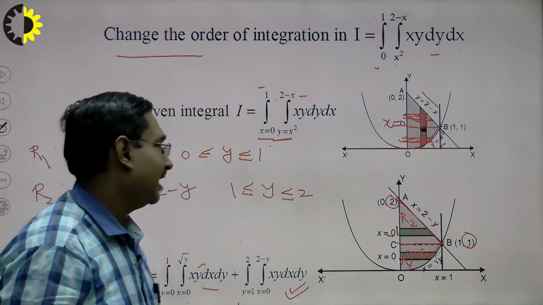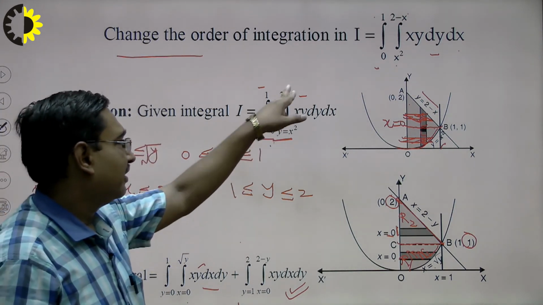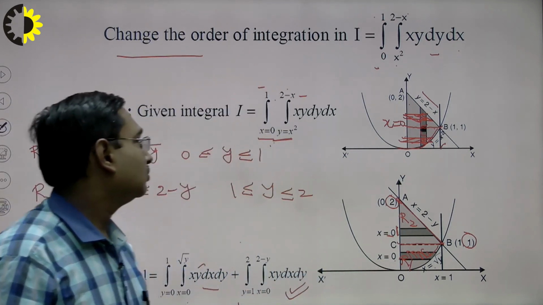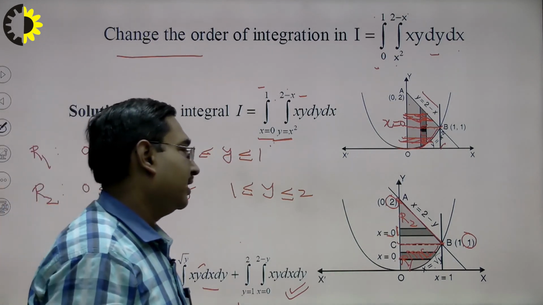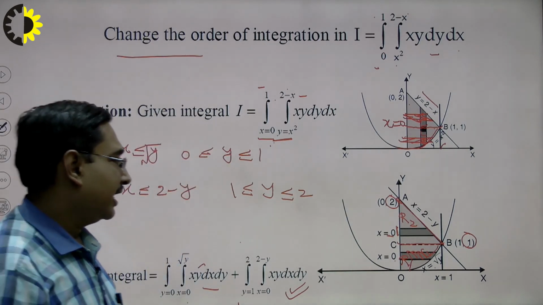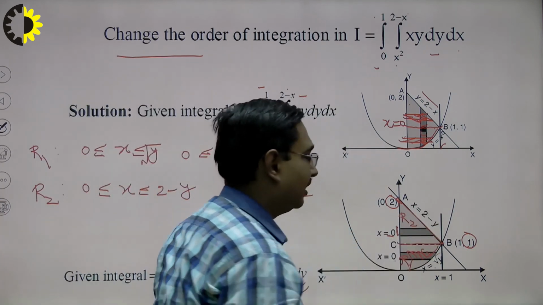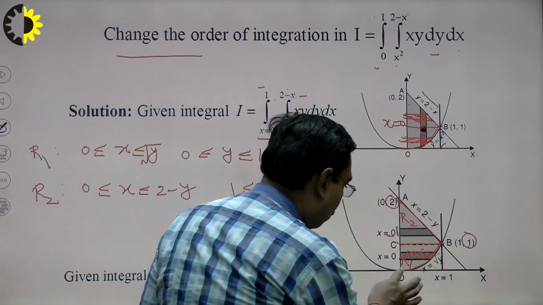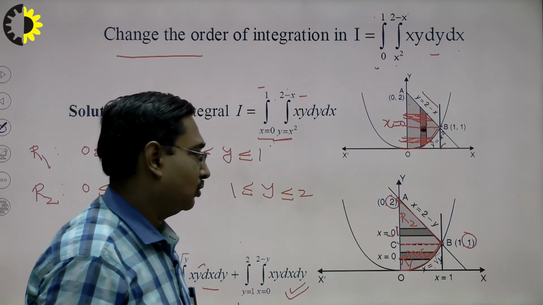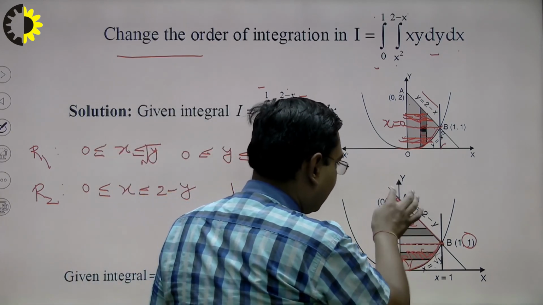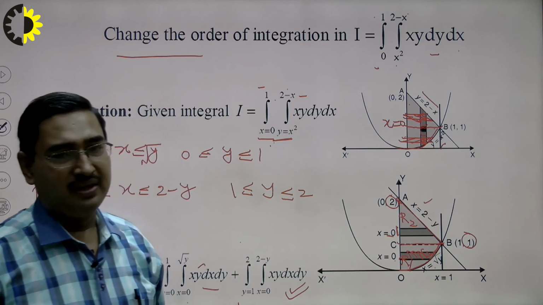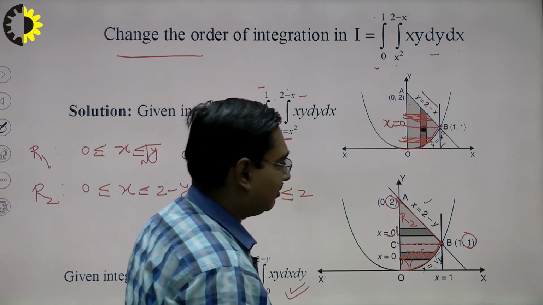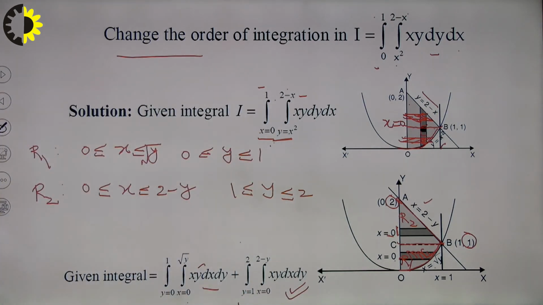Then we decided the type of slicing, because limits of y are occurring inside means vertical slicing, and so to change the order of integration we are required to change the type of slicing, and therefore we divided the region into horizontal slices. Because the rightmost boundary up to B is formed by the parabola, and after B it is formed by this straight line, means the equation of boundary is getting changed in between the region, and in this case we are required to break the integral into parts.